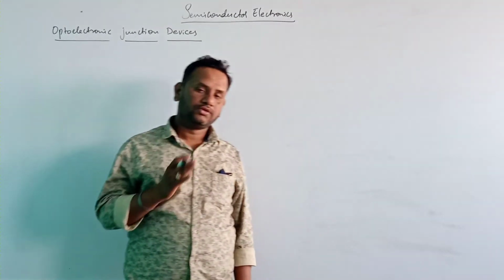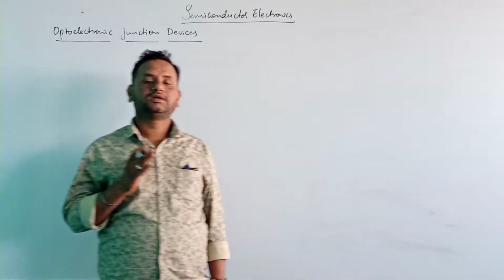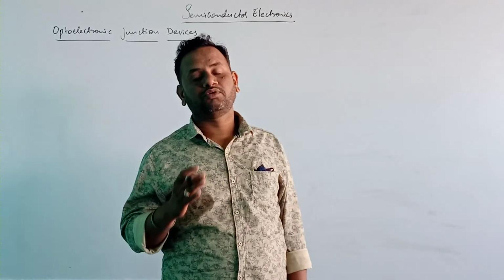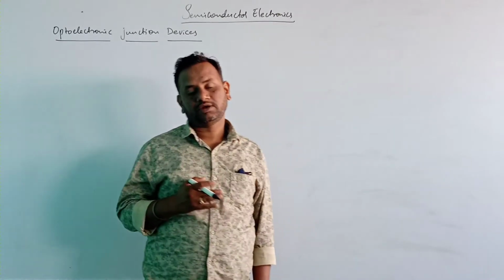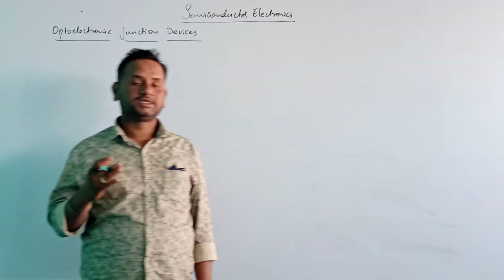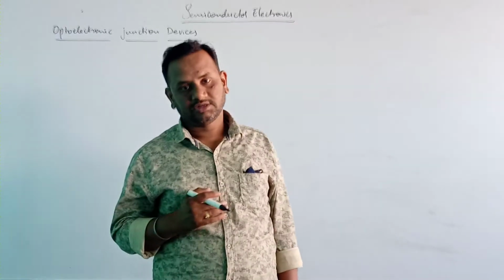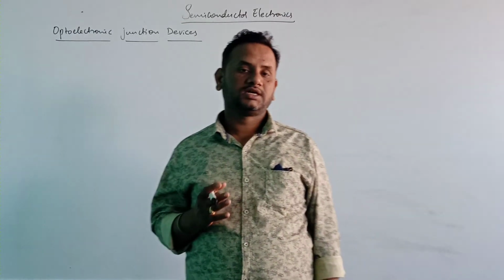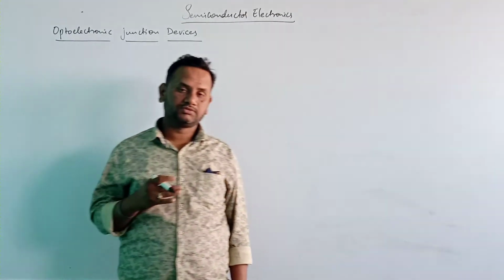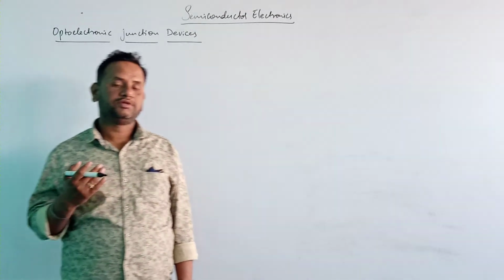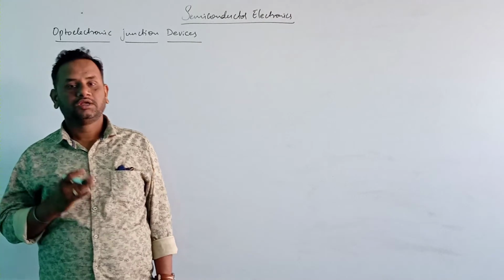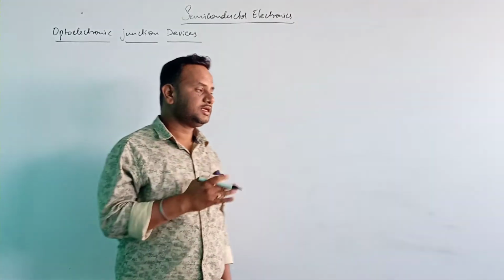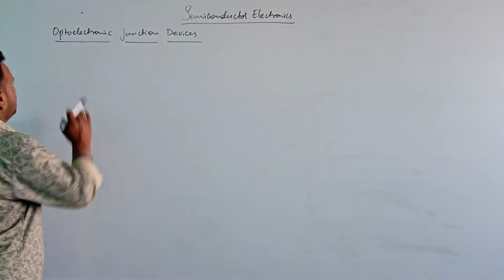rectifier. A full-wave rectifier is a rectifier which converts both the positive half cycle as well as the negative half cycle of the AC input into pulsating DC. So these are the two types of rectifiers whose construction and working we have discussed. Now we shall proceed to the next topic, which is called